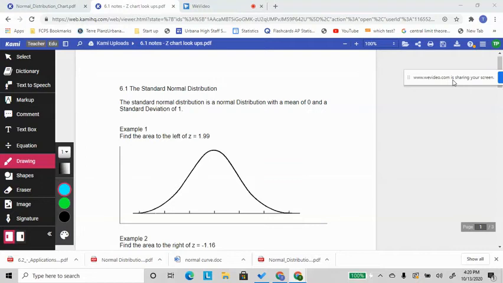Do the standard normal distribution. Basically, we're going to learn how to use a standard normal distribution chart and look up actual z-scores on that chart. The reason where we're going with this is that we're going to end up doing an application problem in a couple lessons, and with that application problem, we're going to calculate a z-score, which we've calculated z-scores